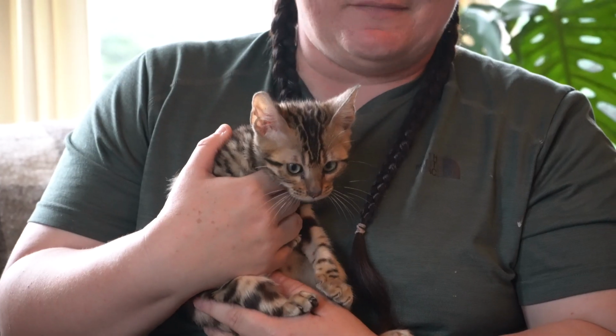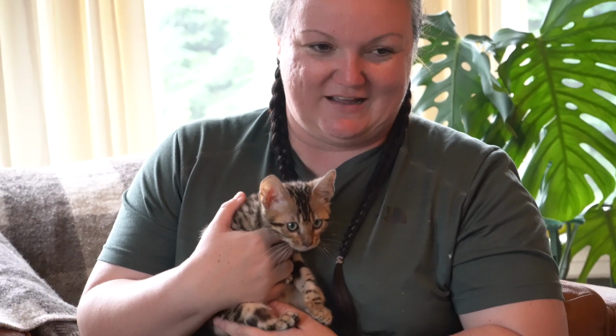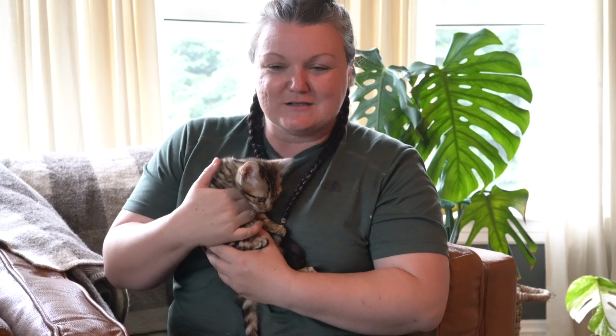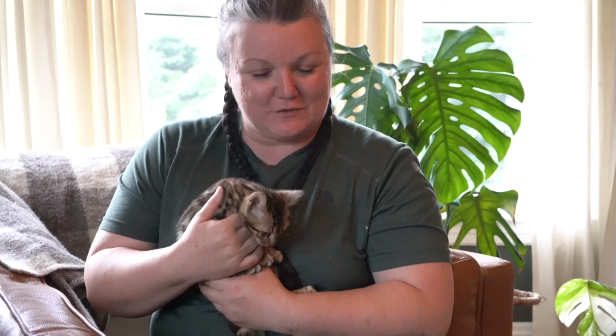Because they're going to be our mousers, we named them Brinja and Aya because Arya Stark from Game of Thrones was like the faceless assassin who went and kind of got everybody behind the scenes, so we're hoping she does that with the mice. And Brinja is a Viking name that means armor. Thought that would be very fitting, so we're hoping that they're warriors